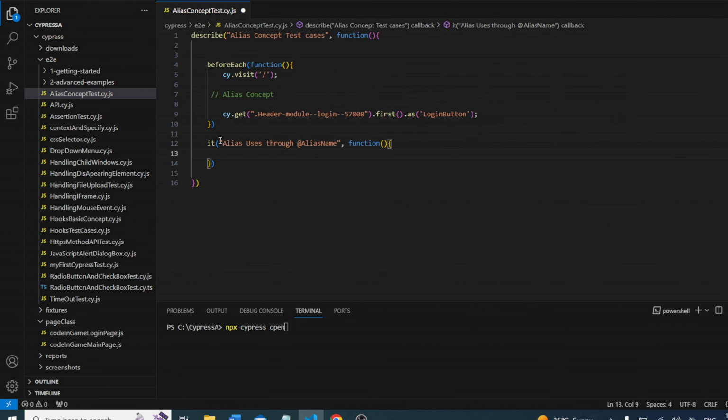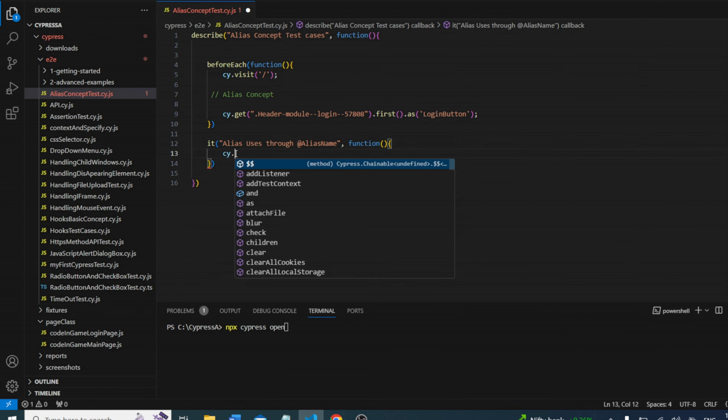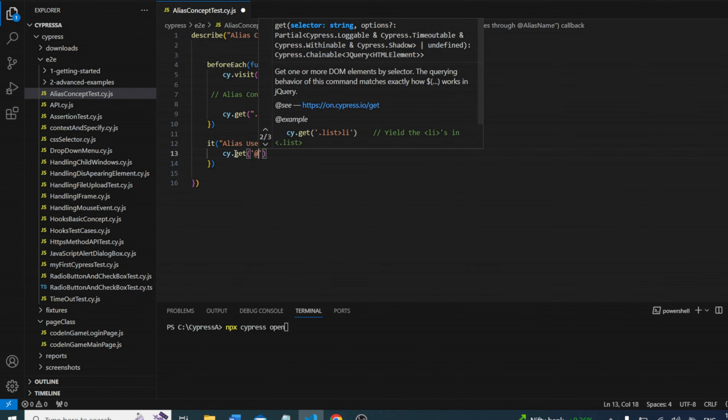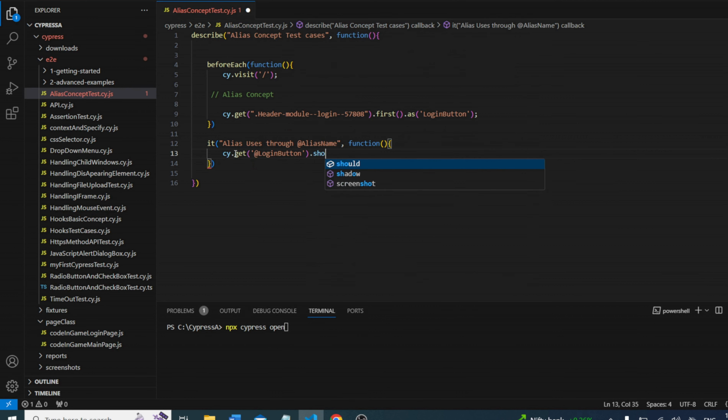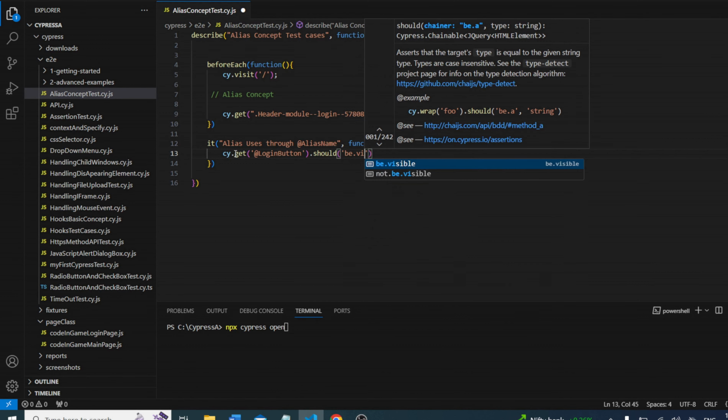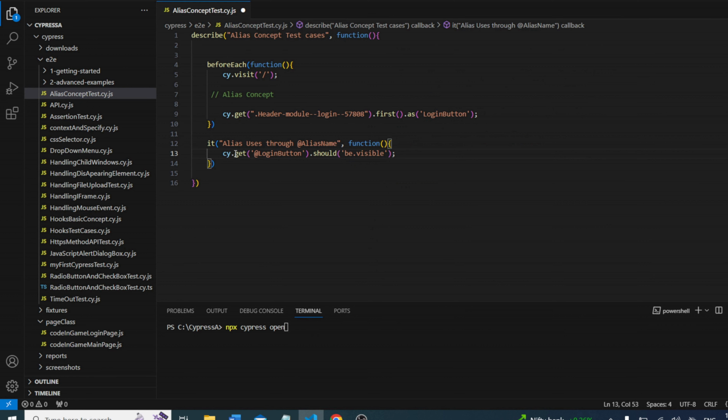Okay, fine. So now suppose we want to validate anything. This is our alias name. We can copy this alias name and go cy.get, and here we give @ and the alias name. Then we can use the should command. First we do it like this: be.visible. So first we are checking whether this button is available or not. It's available, then we are checking whether the button is visible or not. Okay, first it block, second it block, like that we can use